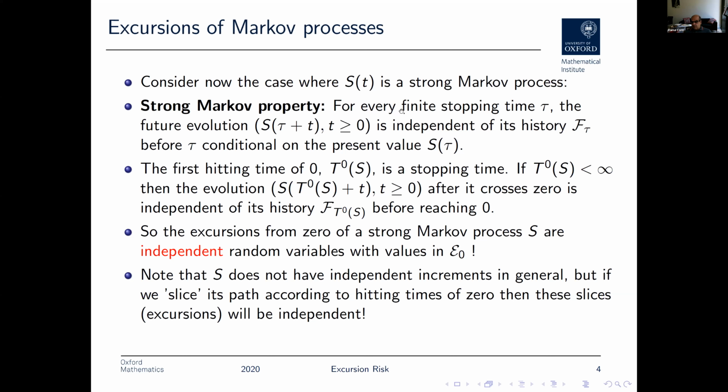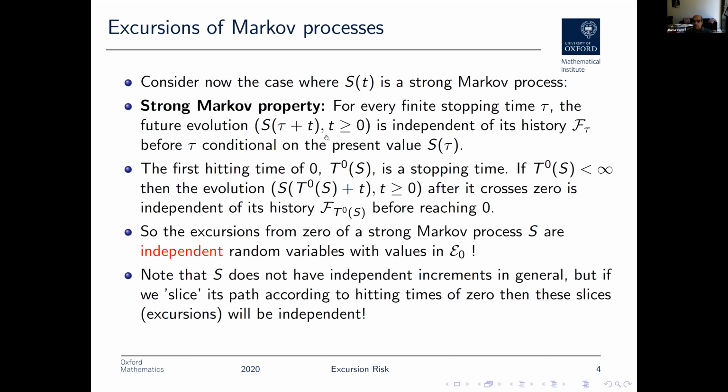Now this is a property that you have for many classes of processes: Brownian motion, Levy processes, but also solutions of stochastic differential equations; diffusion processes satisfy this property. Now, the relation with excursions is the following. If you look at such a process and you consider a particular stopping time, the first hitting time of 0, which we denoted T_0(S), this is a stopping time, and if the conditions on the process ensure that this is a finite stopping time, you always reach zero in a finite time,